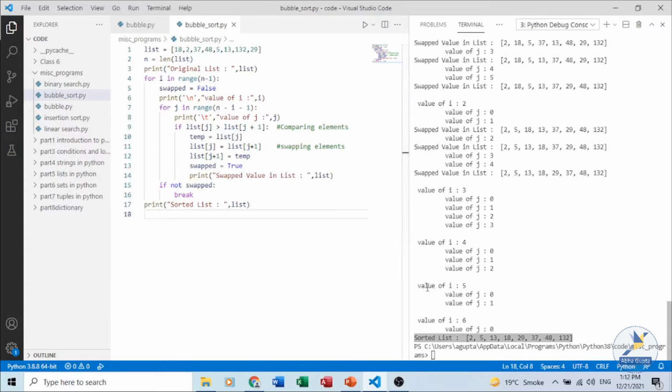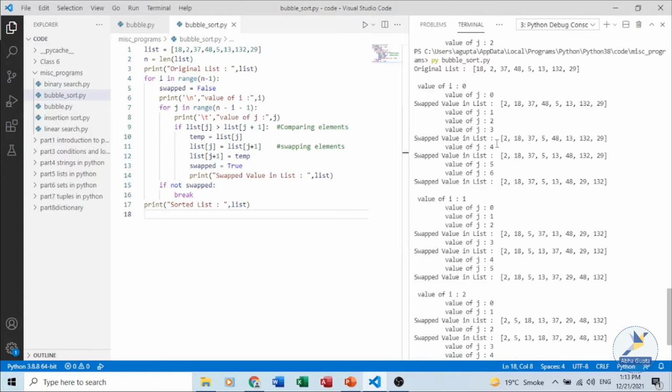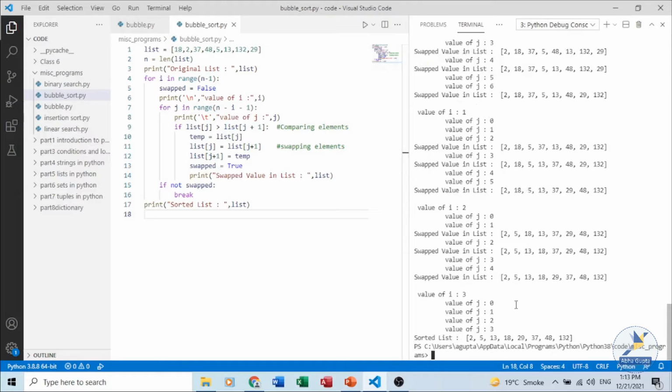Let us execute this program as well and see the output. The same iterations, the same swapping, the same comparison of elements are being done using the inner and the outer loop, but the extra iterations 3, 4 and 5 are skipped. Looking at the output of the above program, we can easily see that adding a boolean variable saves execution time, as iterations 4, 5 and 6 are not taking place.